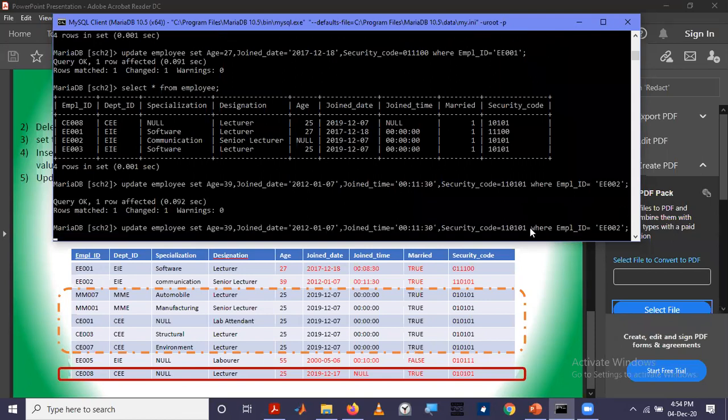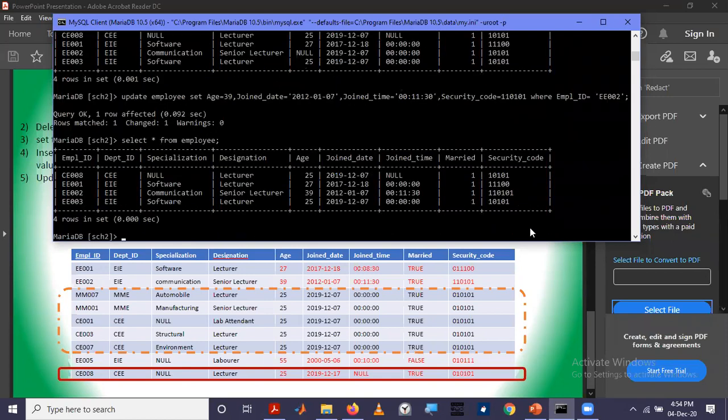Okay, it was run, and you can see now it has been changed to the values that we specified. Now the third one I'm not going to do, it is the same. You can do this one as homework. You can update the values just like that one.